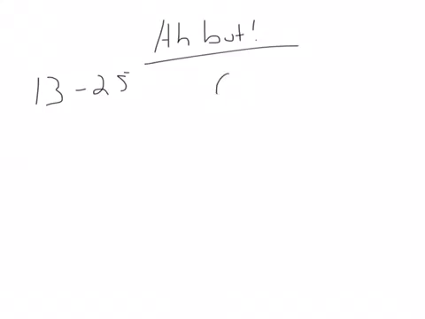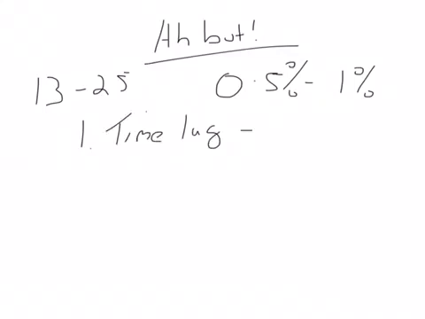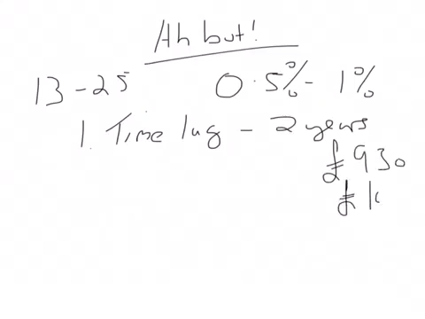So basically, the base rate has gone up from 0.5% to 1%. What possible reasons would this not actually have an effect? And here are some of them. The first one is there could be a time lag. And there could be a time lag normally of 2 years. The point of this is that say the base rate went up. Normally, as I said before, I'd be worried because my mortgage interest repayments might go from £930 to £1,000. But I'm actually on a fixed rate mortgage for 2 years. So at the end of those 2 years, I'll have an effect. But at the minute, when that interest rate changes, it won't make a blind bit of difference. I'll still be paying £930.